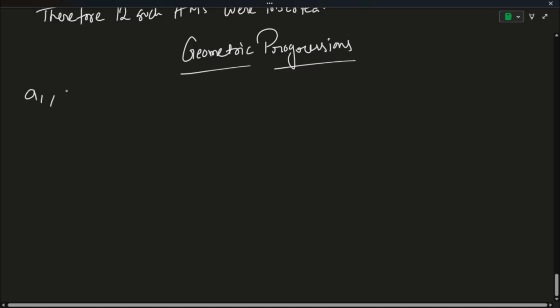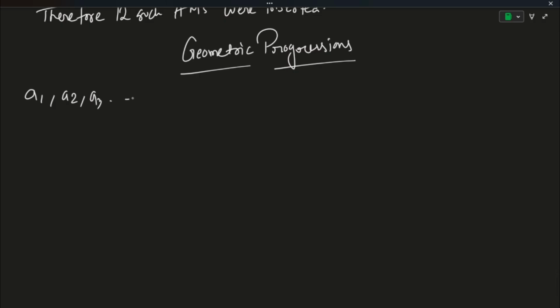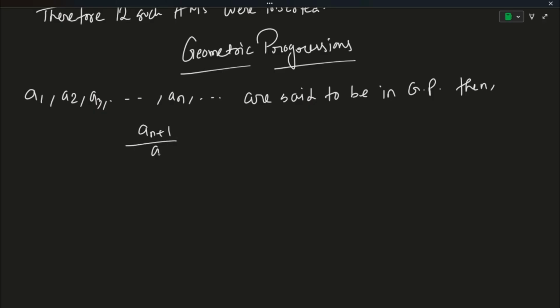The terms a1, a2, a3 all the way up to an and so on are said to be in GP। तो similarly like AP, अगर एक sequence को हम कहते हैं कि ये GP में है, then वो एक ही चीज satisfy करता है, that is a(n+1) divided by an is going to be r, where r is a constant। ठीक है, r is a constant and usually not equal to 1, क्योंकि अगर